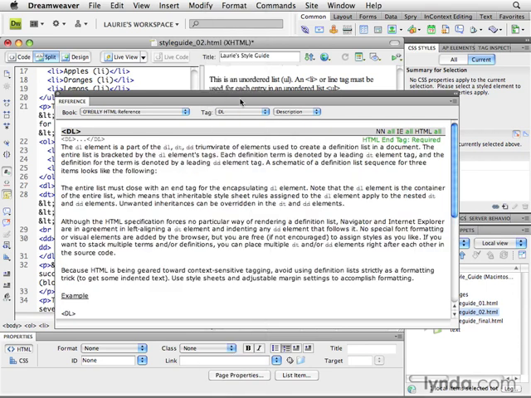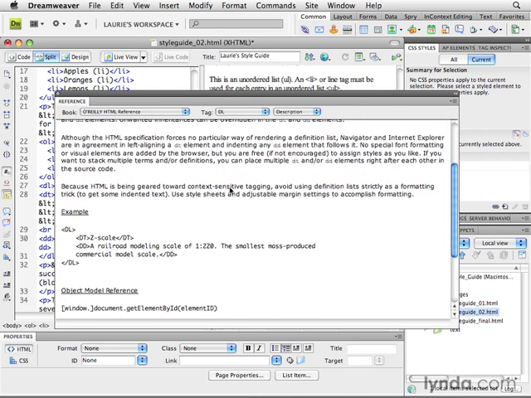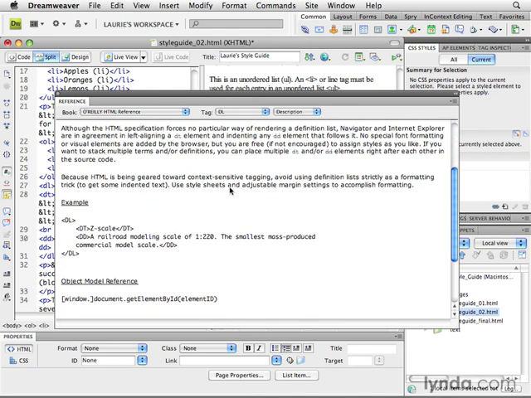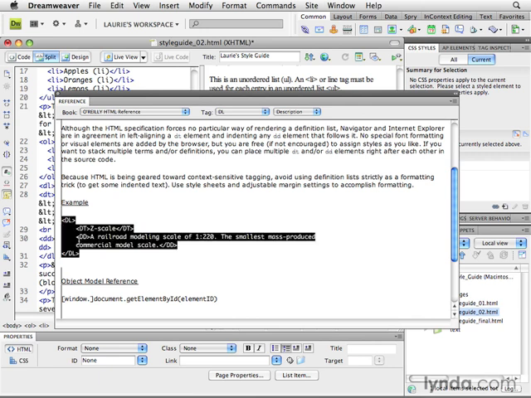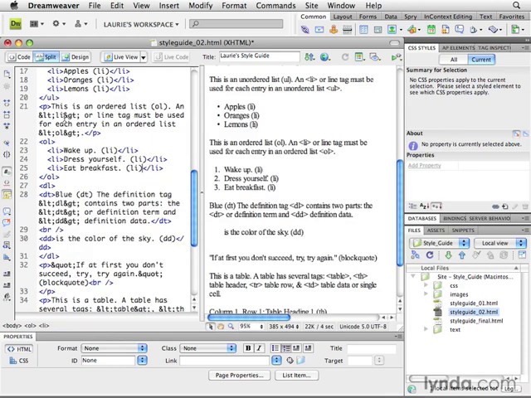Select DL. This is what makes me love this tool. It gives you the opening and closing tag. It describes how you should use this tag and the parts of this tag, that it has child tags that go within it. And if you scroll to the bottom, you'll see that it actually gives you an example. So if you don't know anything about how to set up the tag, you don't know how to use the parent and child tags, just simply select this, copy it, close your reference guide, and in Code View, let's go